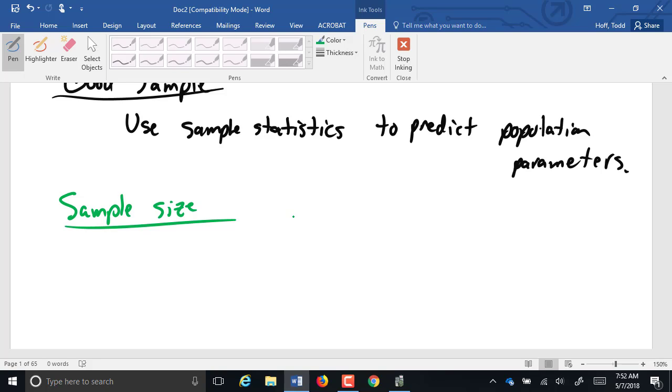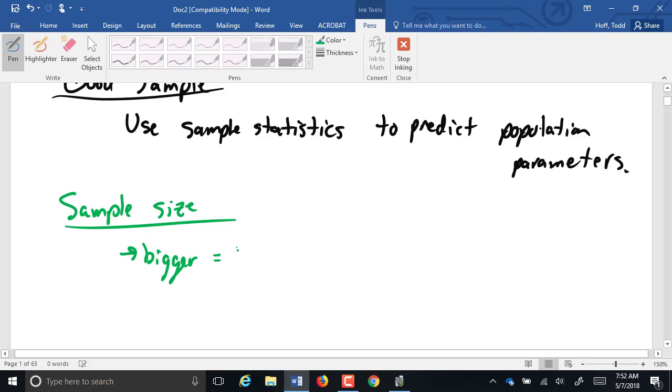So you need to test enough that you're getting an adequate picture of it, but not too many that you're destroying all your profit. So in manufacturing especially, that becomes a balance. Usually, bigger equals better statistically. The larger your sample is, the more likely it is to be more like your population.